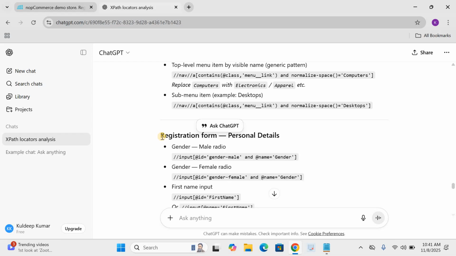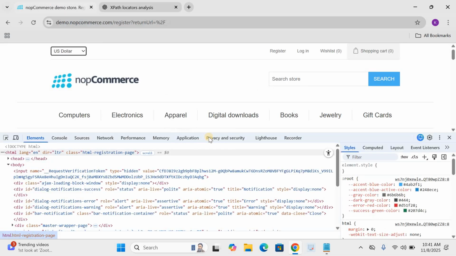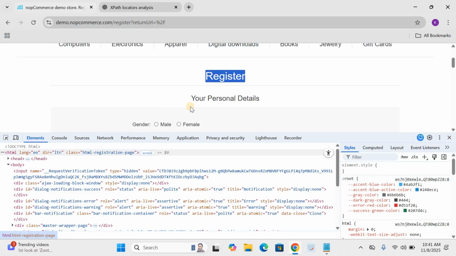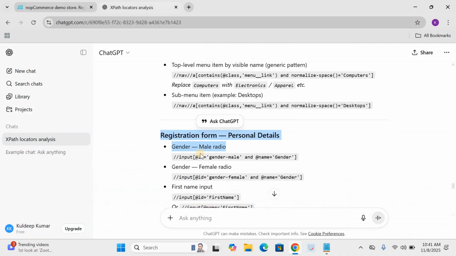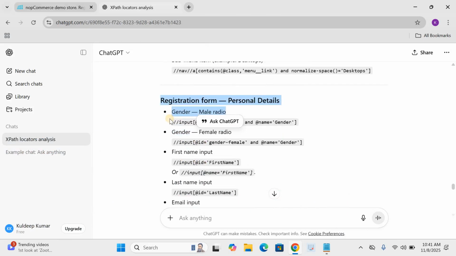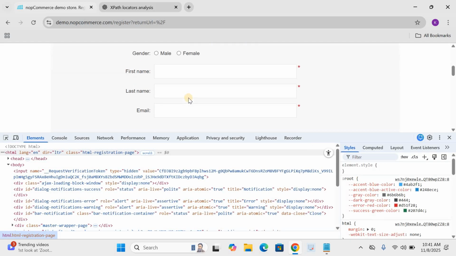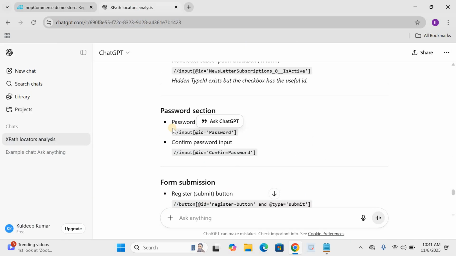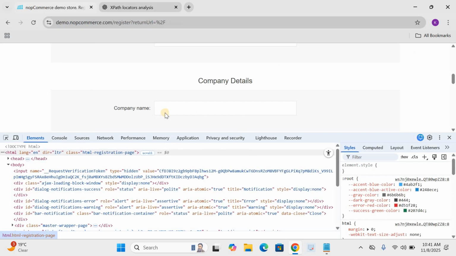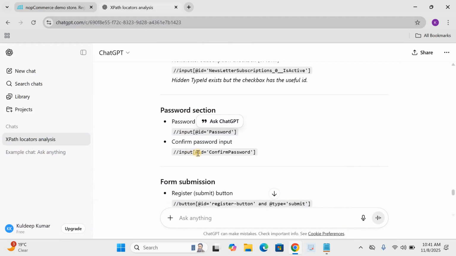Then it comes to this registration form, personal details. Here, if we come down, you can see this is the register your personal details section. It has given the XPath for gender, first name, last name, email input. Then it moved to company details, and it has given the XPath for these components.